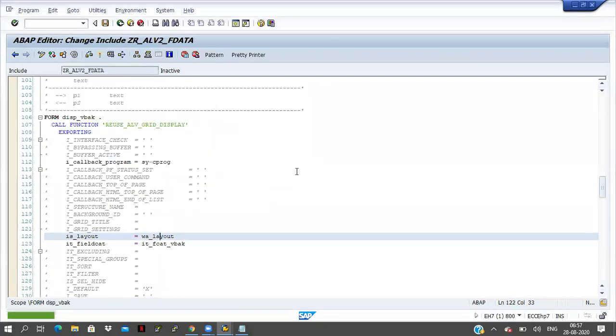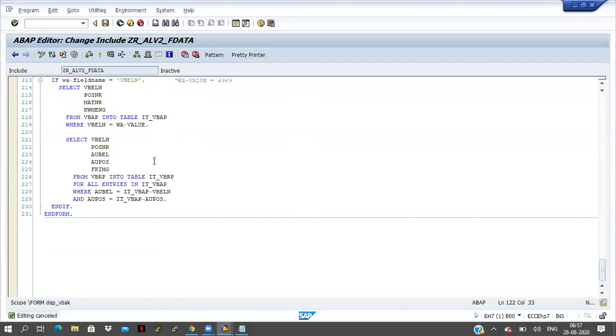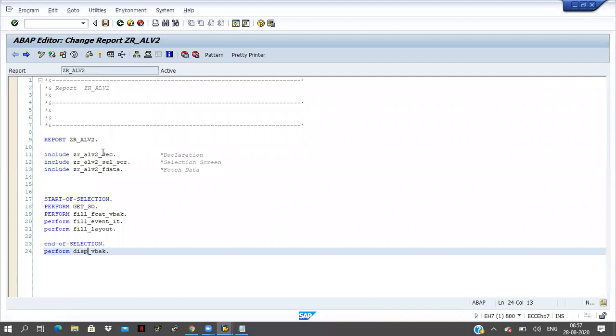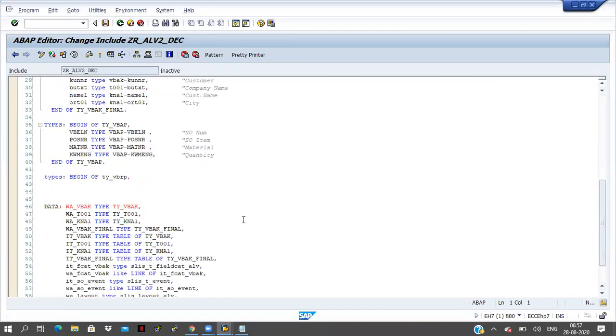I'm just copying the field names, and I will go to the declaration part and paste here.